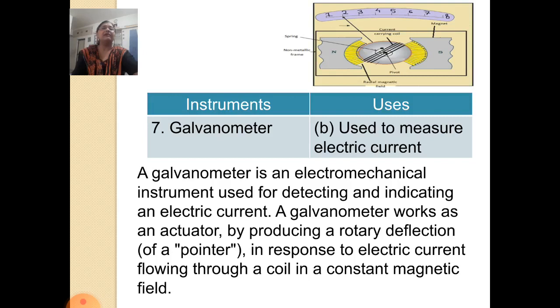A galvanometer works as an actuator by producing a rotary deflection in response to electric current flowing through a coil in a constant magnetic field.